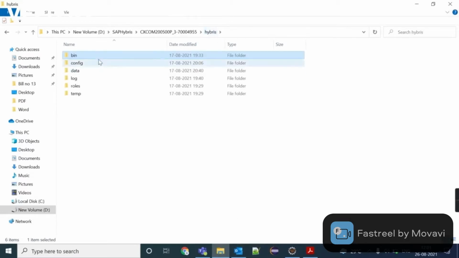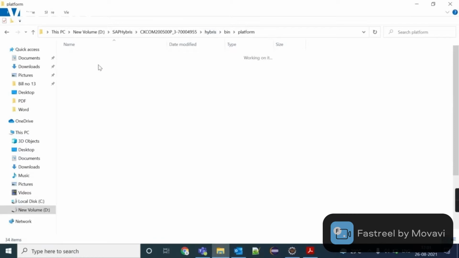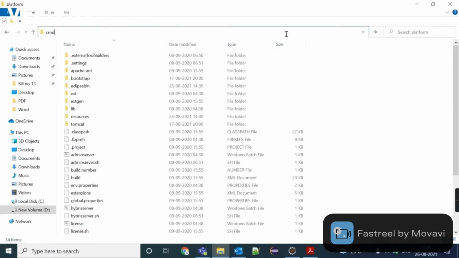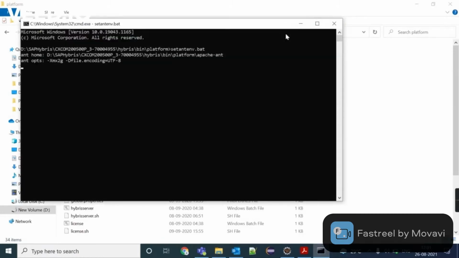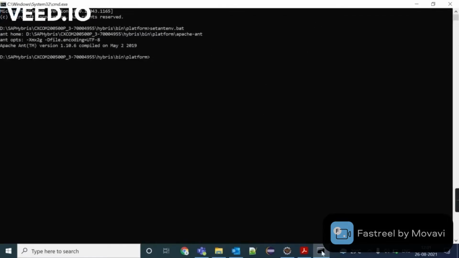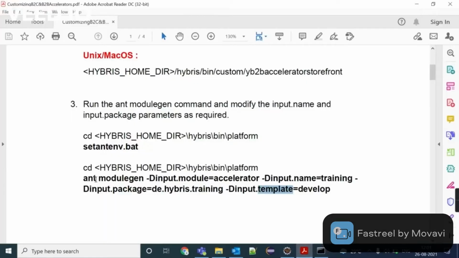Now go to platform folder. First set ant environment. Next we need to run this command.